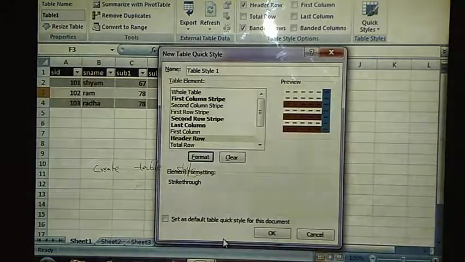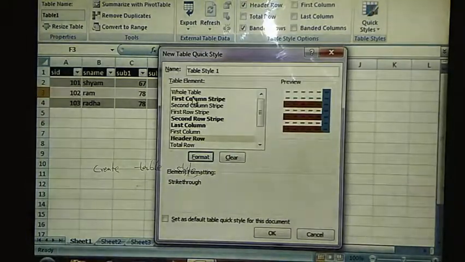These are the modifications that have been given by me. It is not there by default. These are the options that I made. See here, the second strip is given with some values or some color, and the last column is given with the blue. This is the preview. By seeing the preview, you can understand what we are going to do.